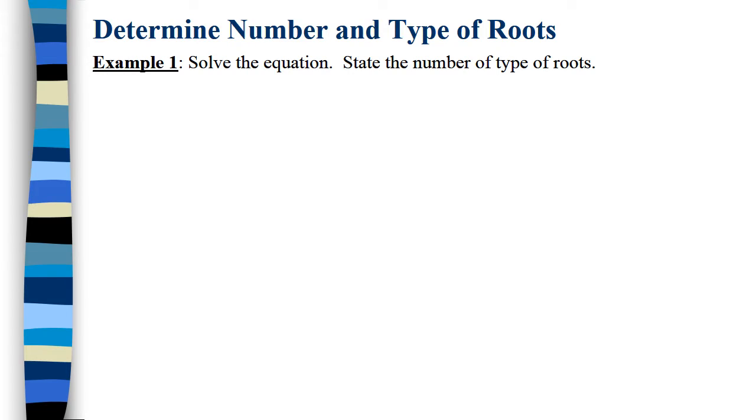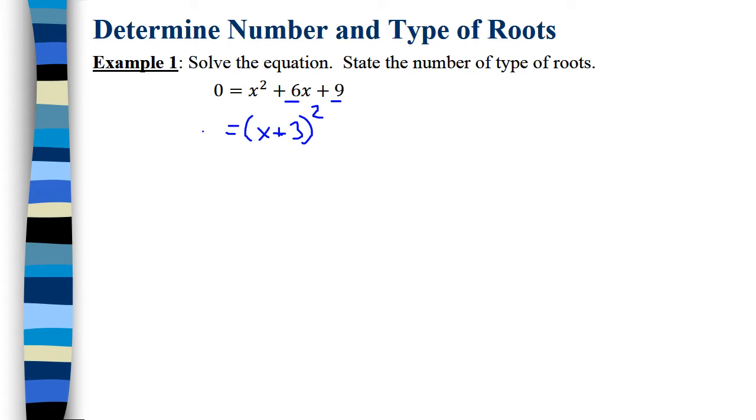Okay, so in example 1, let's go ahead and state the number and type of roots for this equation. So the first thing we want to do is find when this equation equals 0. Since it's a quadratic, we have a bunch of different ways to do that. We can factor, use the quadratic formula, or complete the square. And we learned from Module 2 that factoring is by far the fastest, so we check to see if that happens. And in fact, if we divide 6 by 2, we get 3, and 3 squared is 9. So we know that this is a perfect square trinomial that can factor into